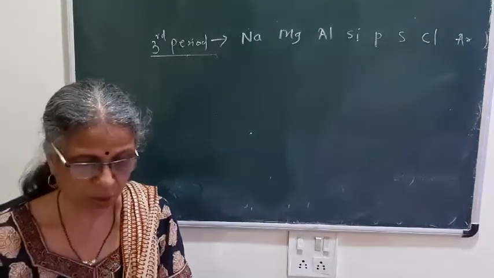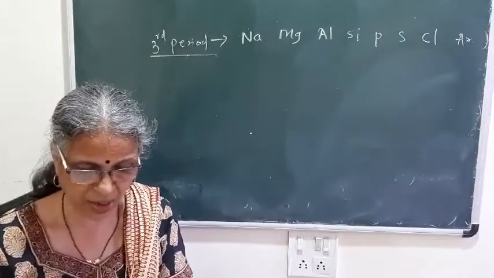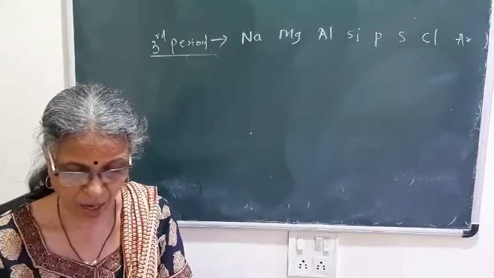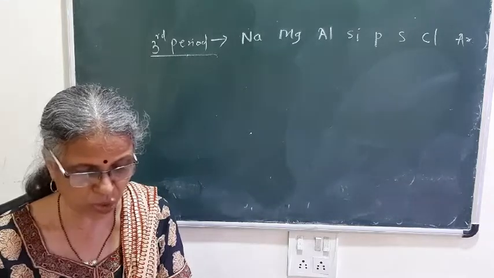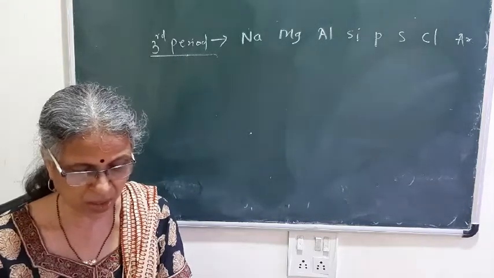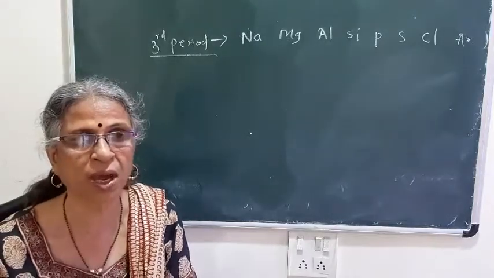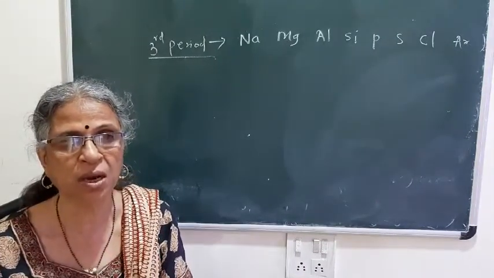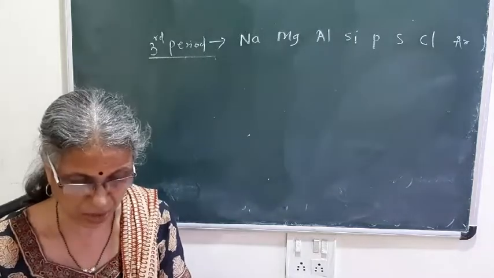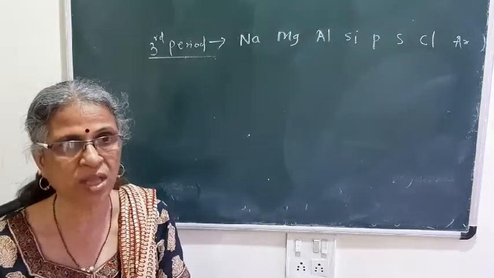So now we are going to give the answer to the question that they have asked in this paragraph. How is the ability to lose or accept electrons in the valence shell determined? So how are we going to determine whether these elements are losing electrons or gaining electrons? That question we are going to answer.